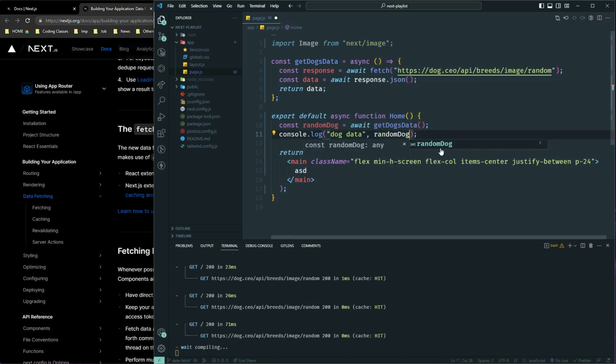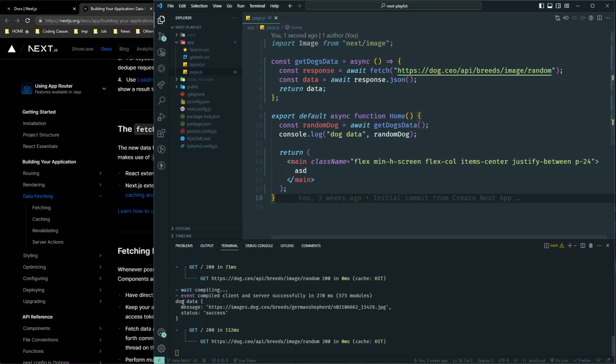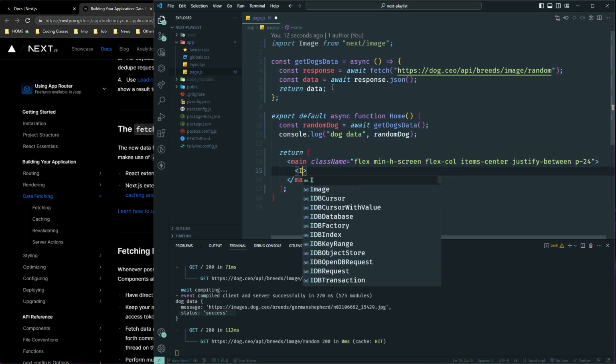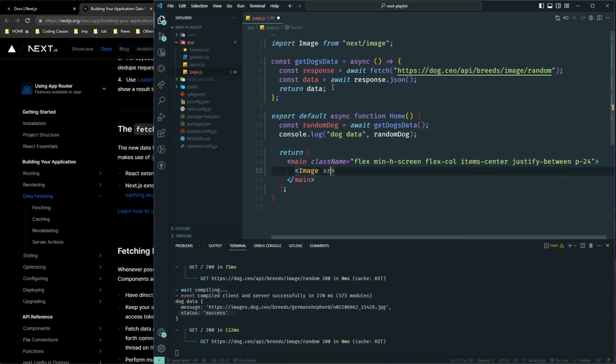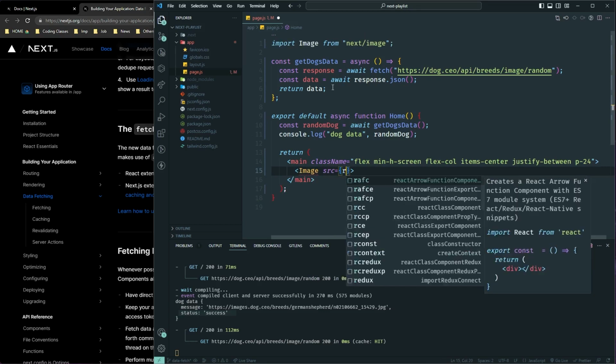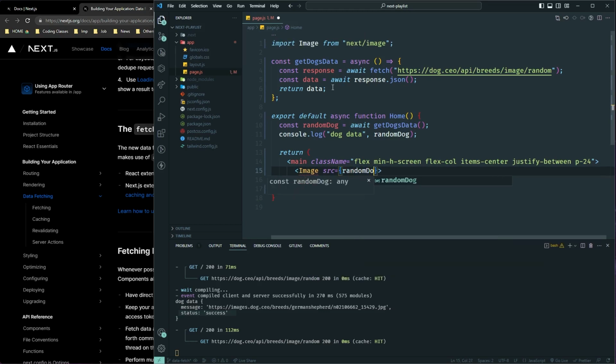No data in here. So with a server component, your console log will be in the server. We have a data, and the data looks like a message. The message has the link to the picture, and status is success, which is good. So in here, we're gonna use the image component to get the image working. I'm gonna do src is equal to random dog dot message. I'm going to set the width to 300 and a height to 300, and alt would be